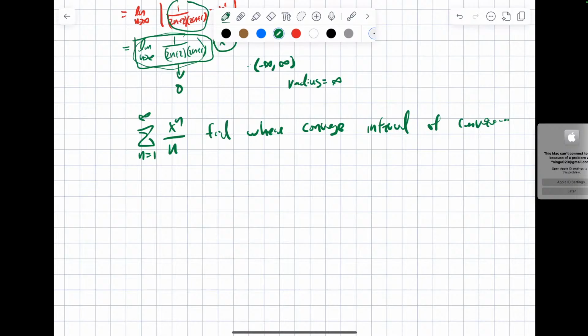Somebody say something over there. What's the radius of convergence here? Nobody knows? Somebody say something. One. Who says one? Okay, so one is correct because